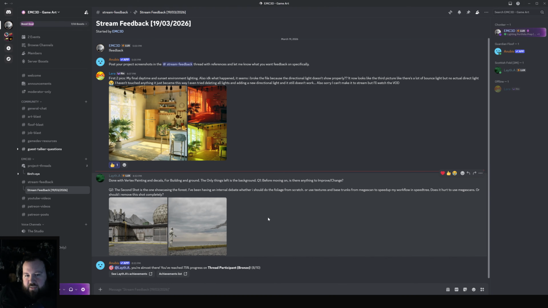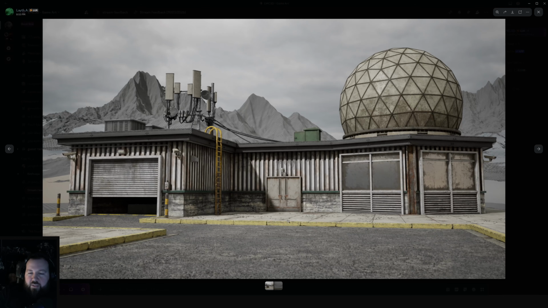Second shot is showcasing the forest. Internal debate whether we should do foliage from scratch. I mean, do you want to be a foliage artist? If not, no. Don't make foliage from scratch. Or use textures from Megascans and SpeedTree. Does it hurt to use Megascans? No, Megascans is fine. The key is to make it look like